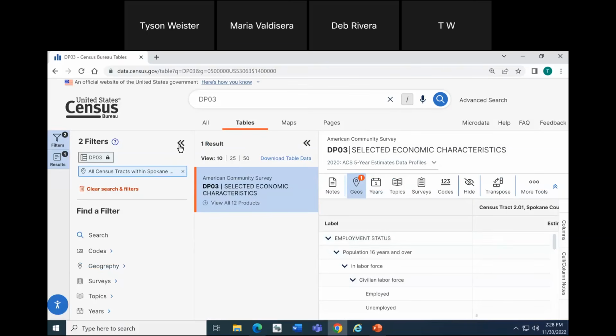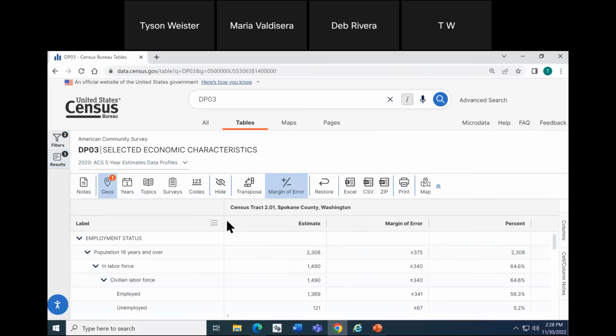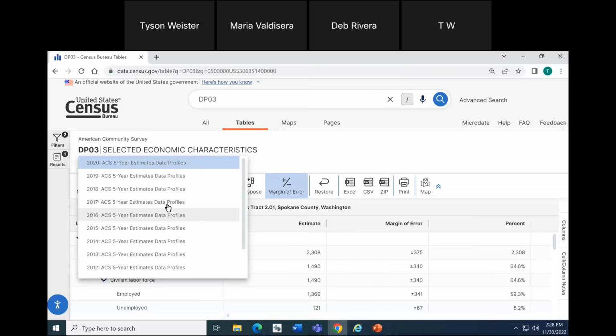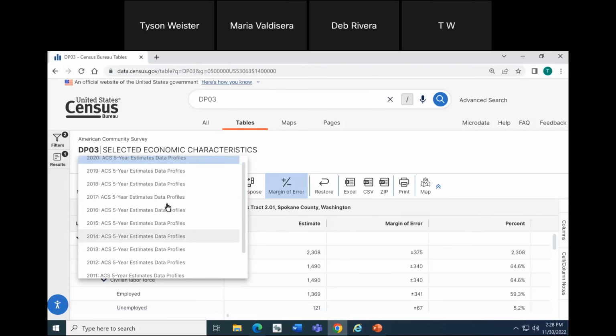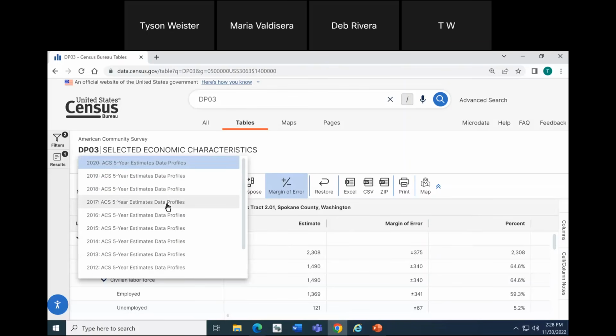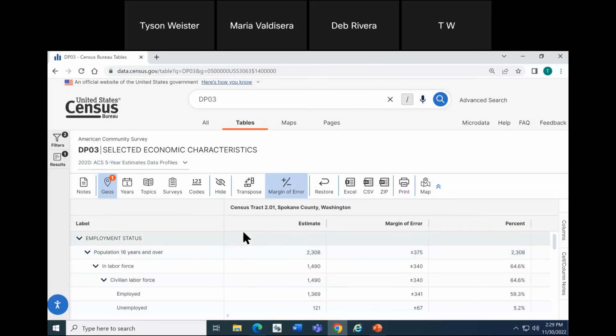So to take a look at the table, you can see American Community Survey DP03, selected economic characteristics. It's coming from the 2020 ACS 5-year estimates data profiles, and we only see ACS 5-year in the dropdown because census tracts are the only geography we've selected, and they are compatible with ACS 5-year.